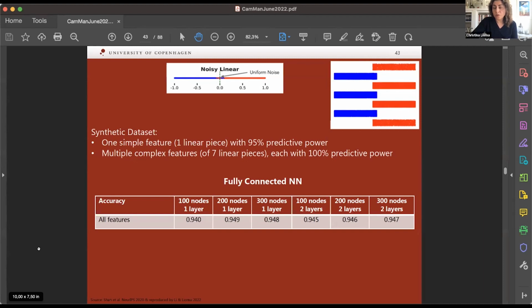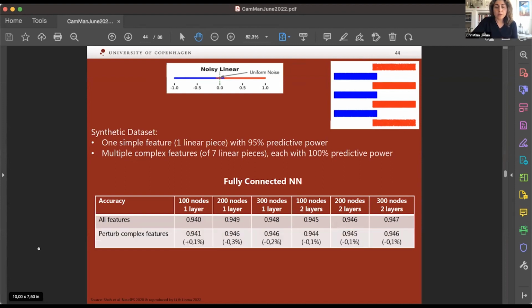But it's not close to the perfect accuracy that we know the 14 complex features can give us. So already this is an indication that the network is not making the most of the discriminative features that are available to it. We then do another experiment where we randomly perturb the complex features. We distort each of the complex features intentionally in a controlled way.